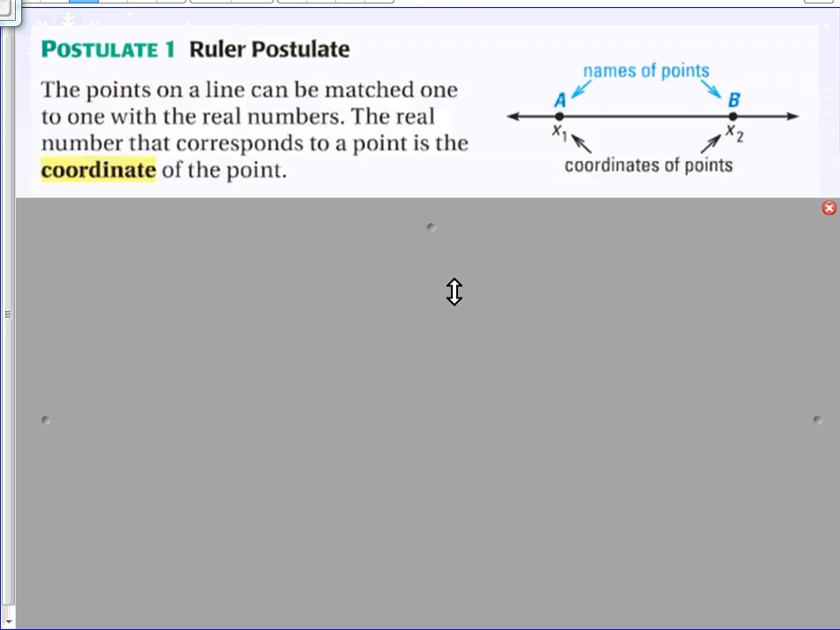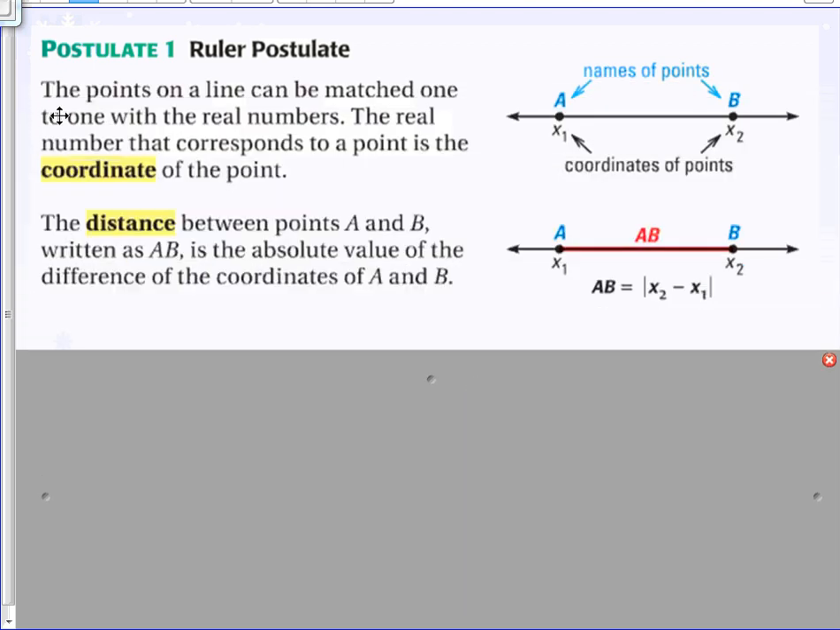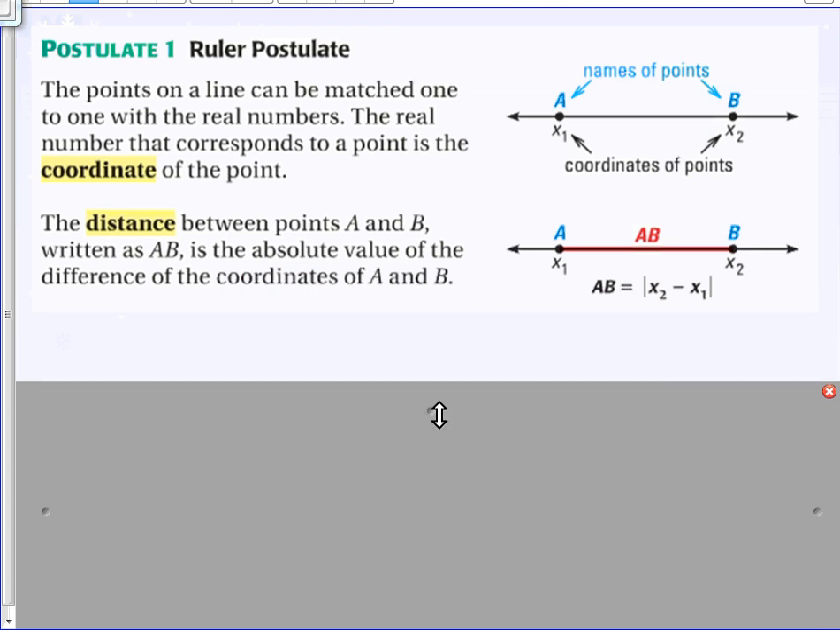And the ruler postulate states the points on a line can be matched one-to-one with real numbers. The real number that corresponds to a point is the coordinate of that point. The distance between points A and B, written as AB, is the absolute value of the difference of the coordinates of A and B. So for example,